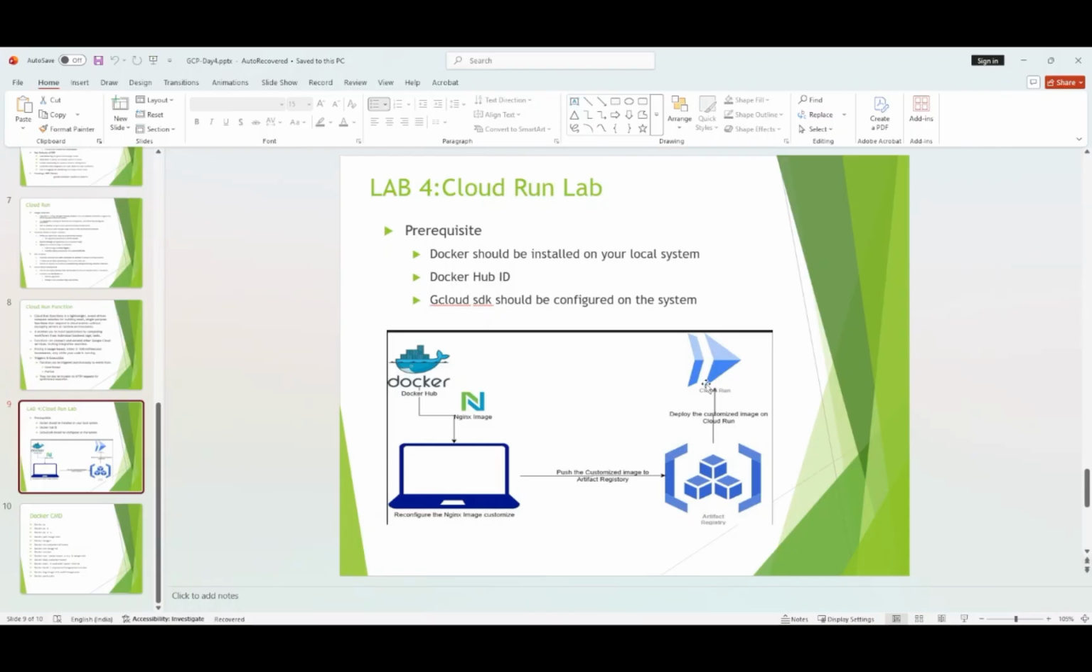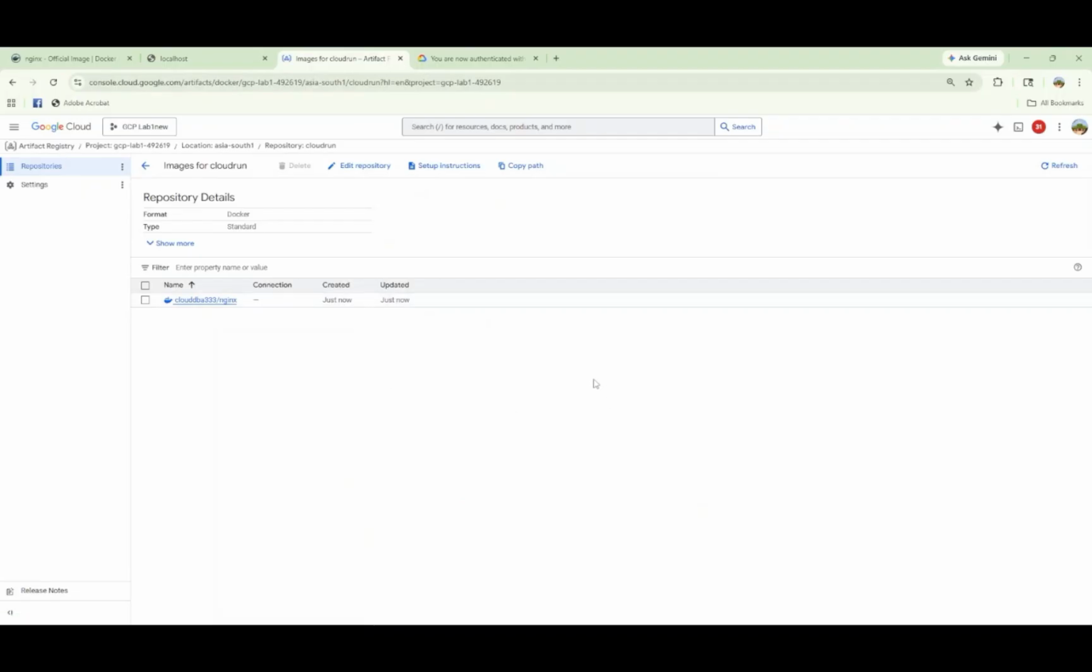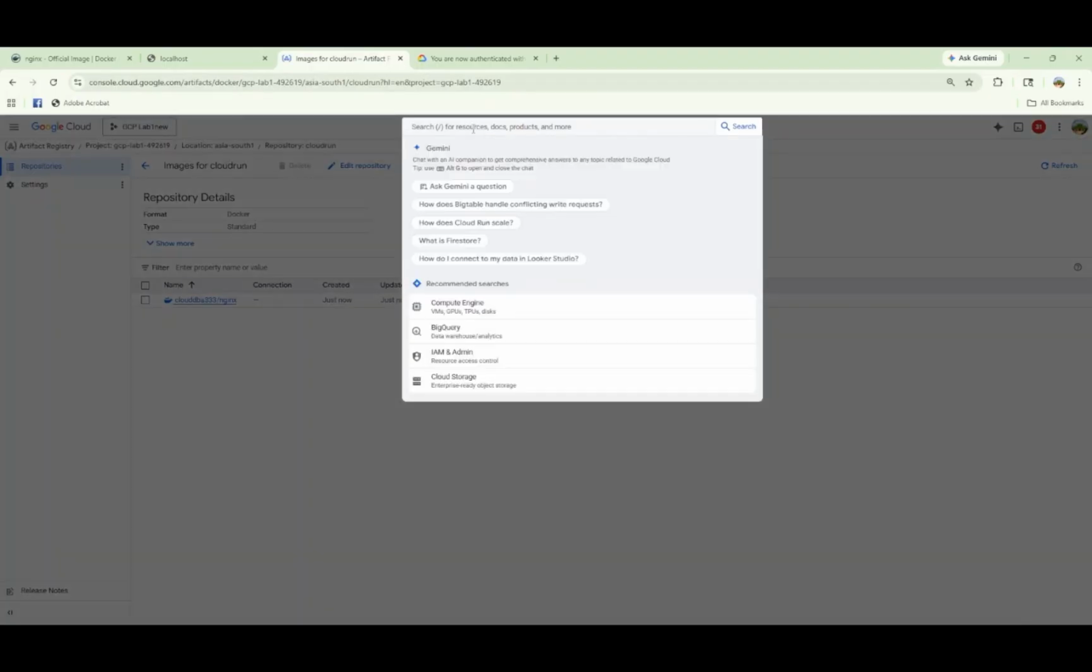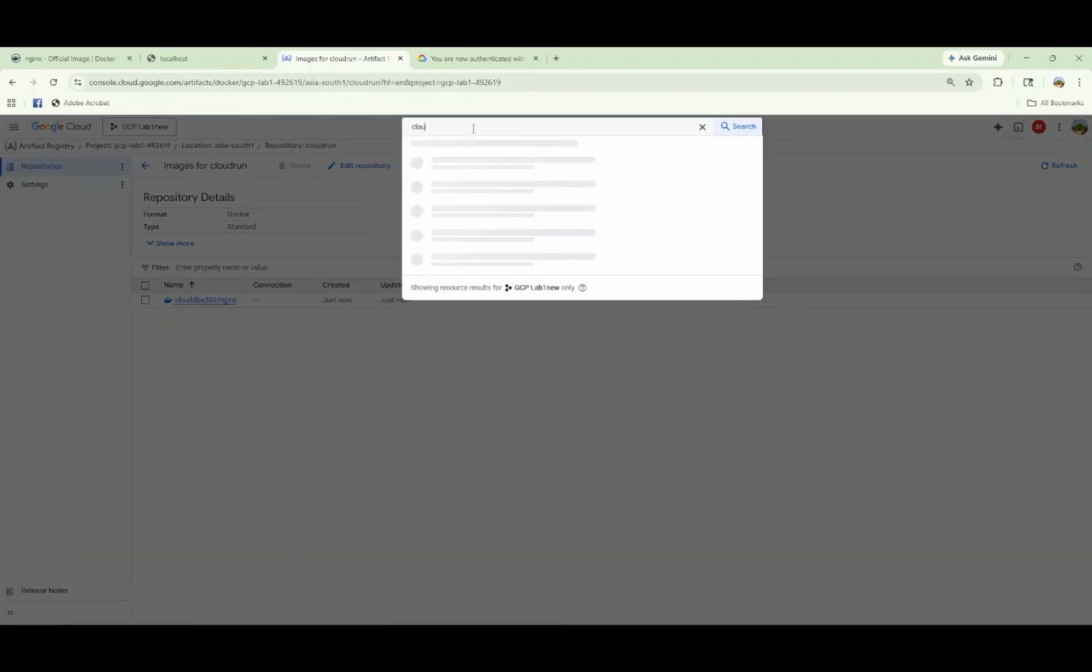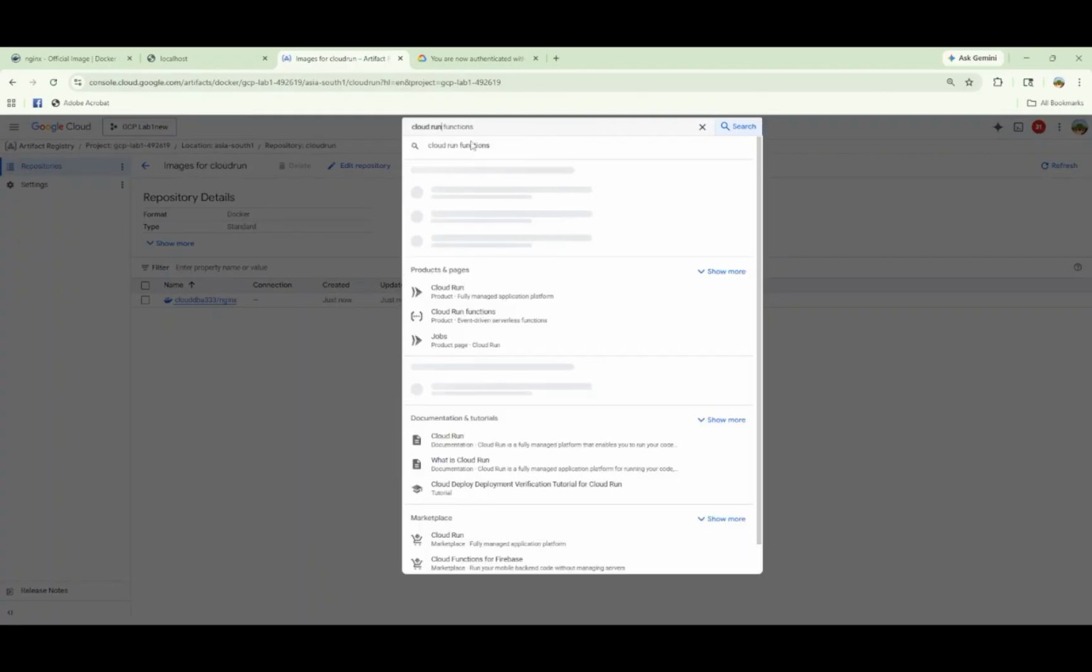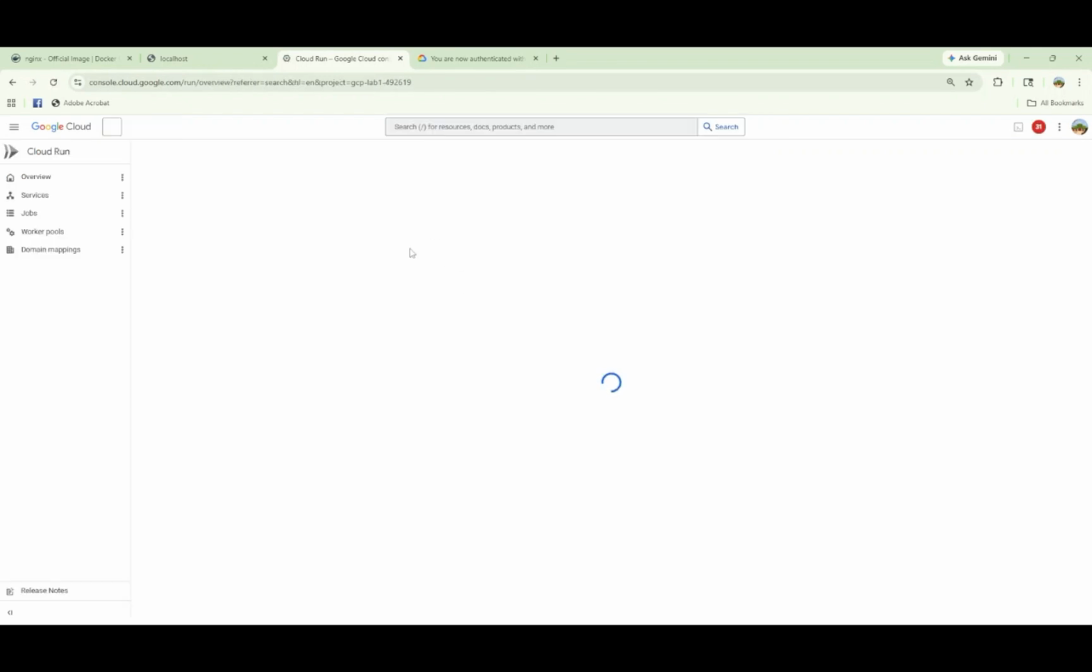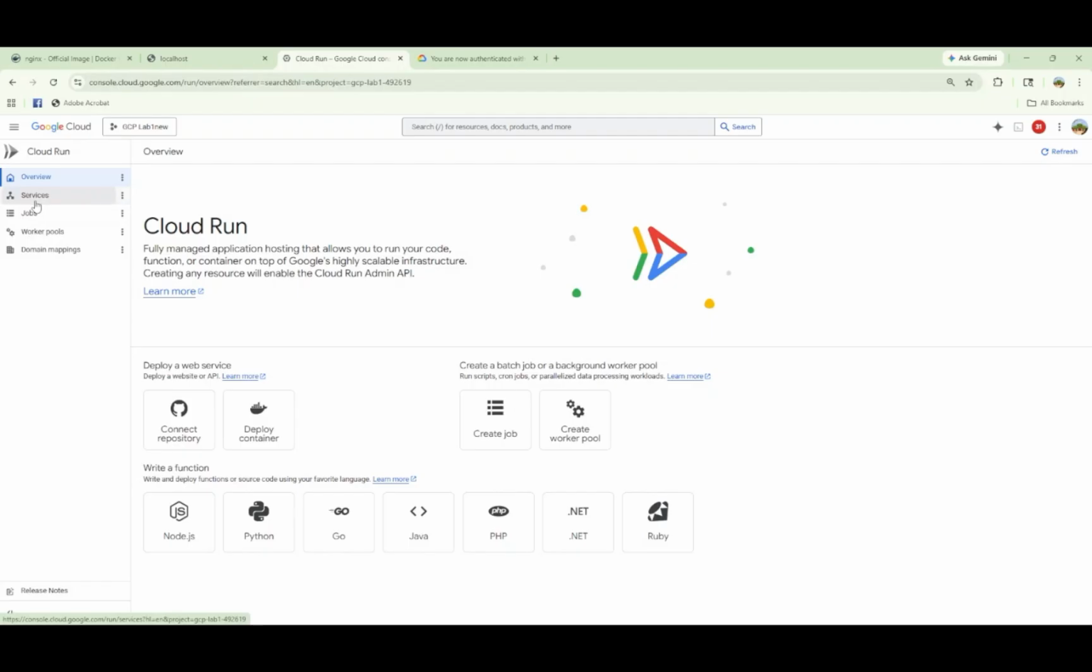We don't have to create any GKE or Kubernetes service, or any pods or manifest file. We will go to Cloud Run, create one service, then point this artifact registry image there, and then it will start running. Let me show you that Cloud Run. So open Cloud Run, go to Cloud Run here, and in Cloud Run go to services,